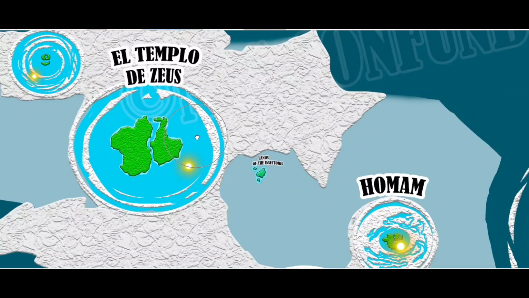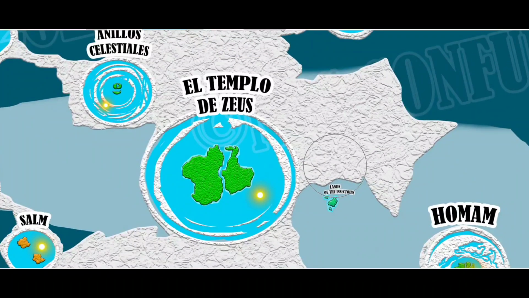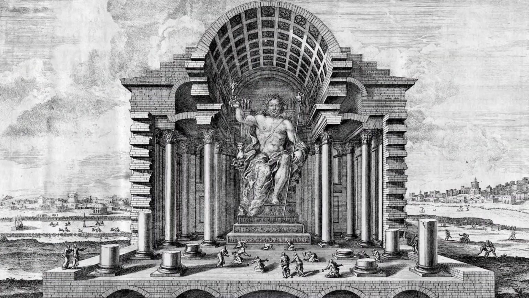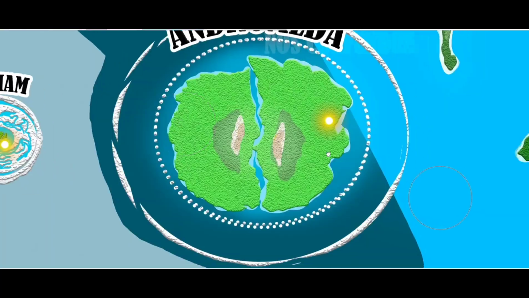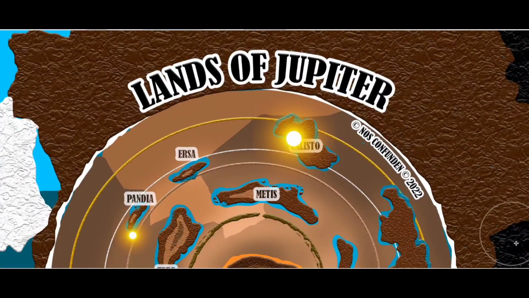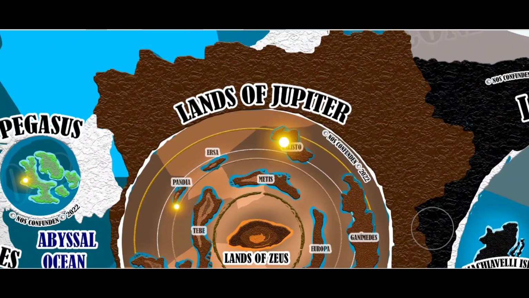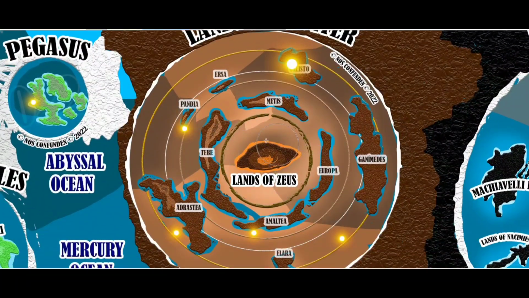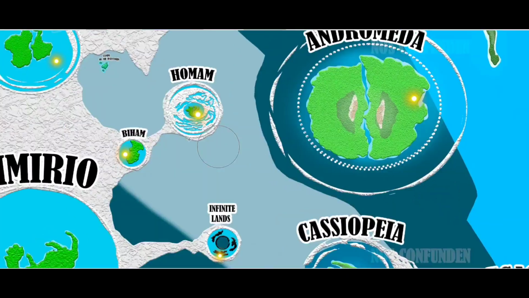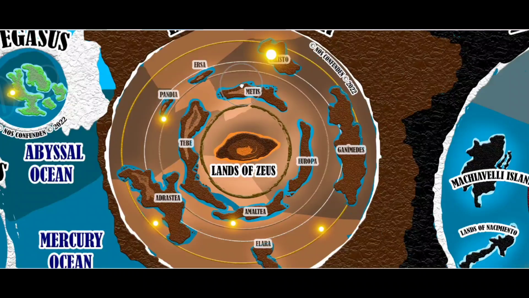Which is the Templo de Zeus, the Temple of Zeus, because clearly this is the core of what we're talking about in the Greek mythology sense. It's a huge plane of existence called the Temple of Zeus, which to me is where Zeus resides. I know I talked about the lands of Jupiter, which would have to do with it because Jupiter and Zeus are the same thing, and we have seen the lands of Zeus inside the lands of Jupiter, so how are there two lands of Zeus?